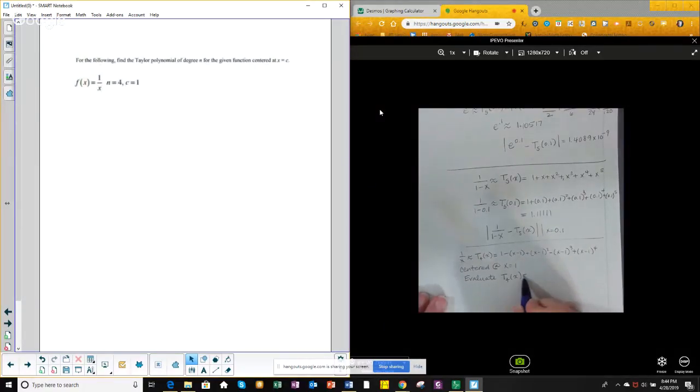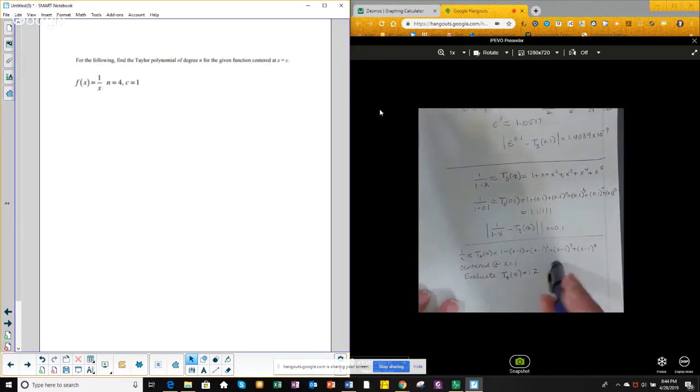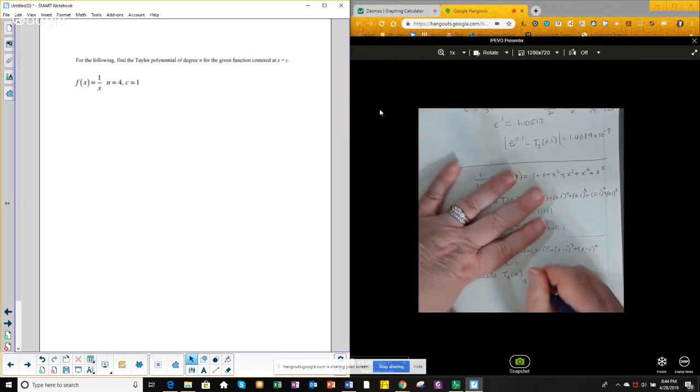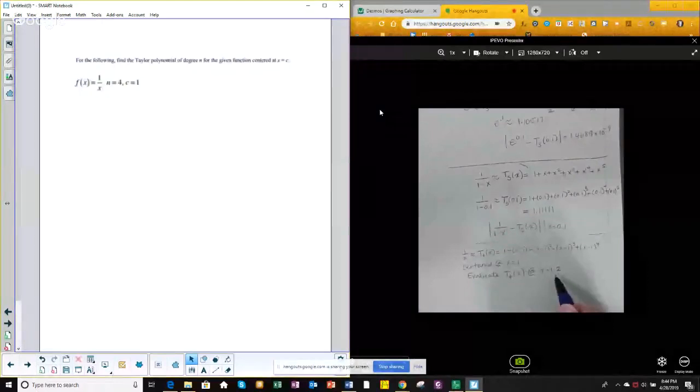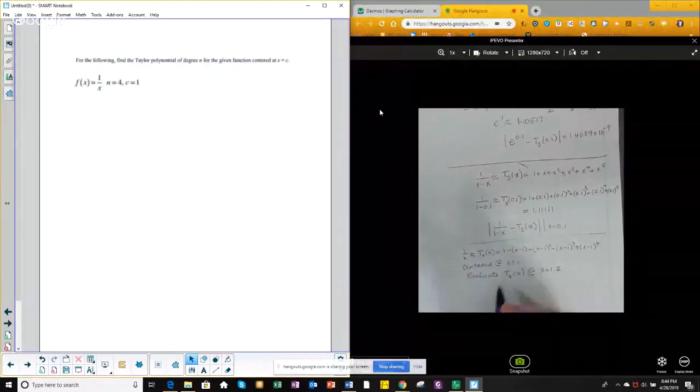Let's go to 1.2. I want x to be 1.2. Now that's not close to 0, it's close to 1, which is our center, which is what we want. Okay, so we're going to say 1 over 1.2 is approximately